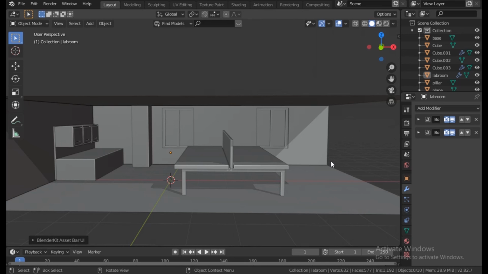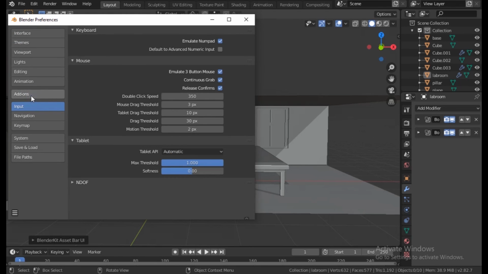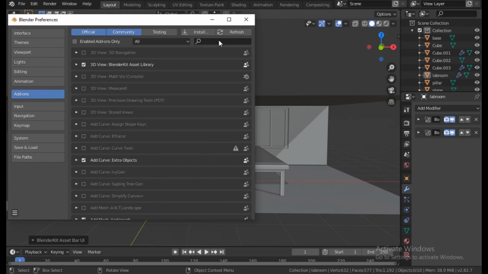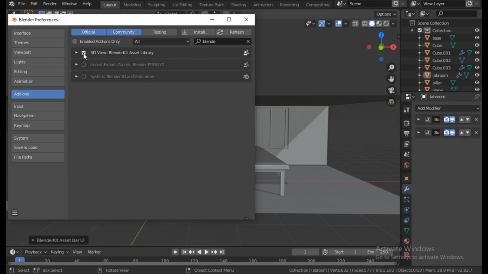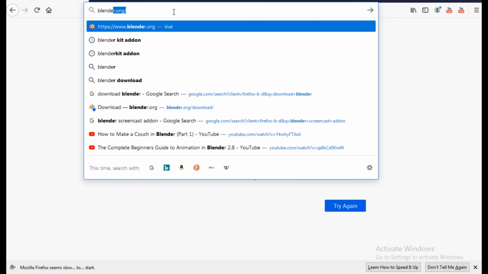To activate this add-on, go to Edit, click on Preferences, then click on Add-on, and click on this add-on, search for Blender Kit. Click here to activate it. It must be checked. Click on this arrow. If you haven't connected to Blender Kit library online, it will ask you to log in or register. So you can go to